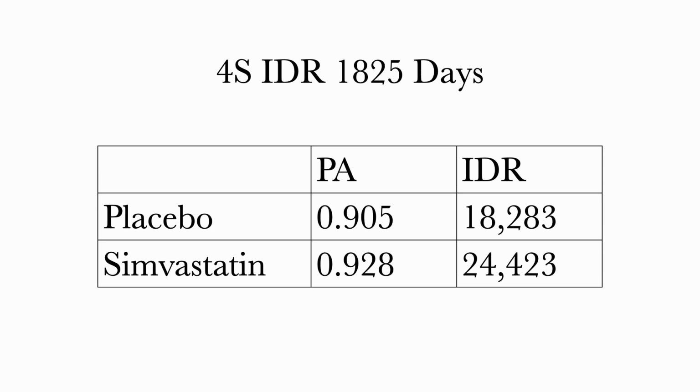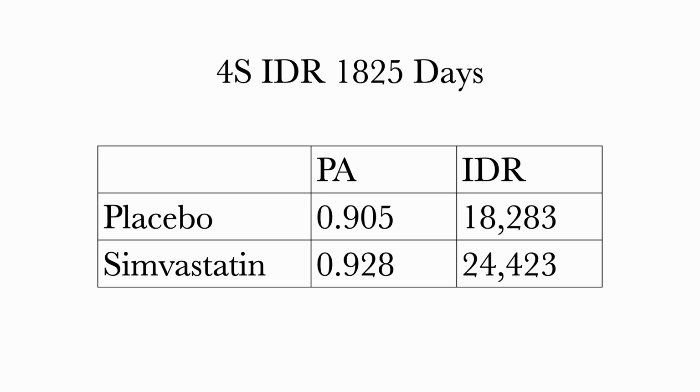Here are the same results in a little chart. After 1,825 days, the proportion alive in the placebo group was 0.905, which is an individual daily risk of 1 in 18,283, which means the patients in the placebo arm of this trial, on average, each day faced a 1 in 18,283 chance of dying. The patients in the simvastatin group had a slightly lower daily risk of dying of 1 in